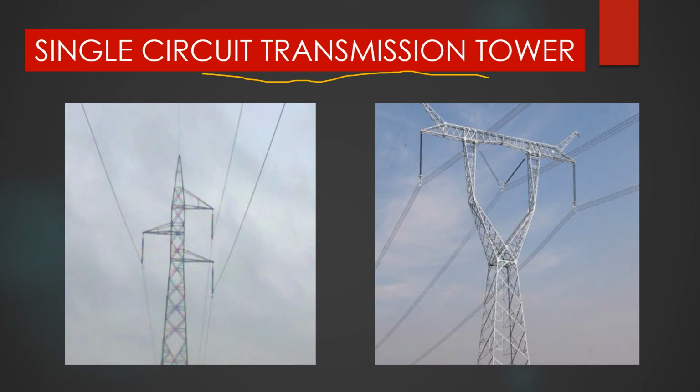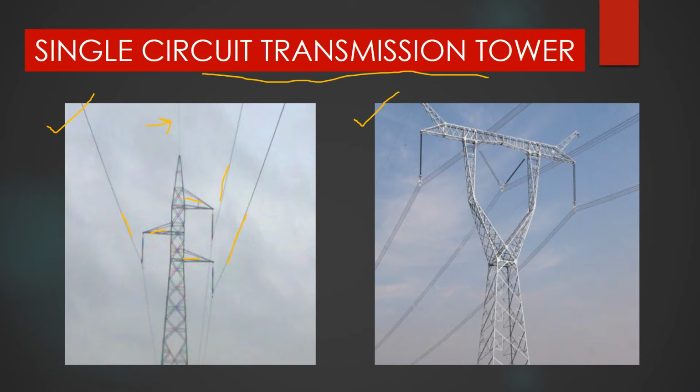Single circuit transmission tower. For identifying the single circuit transmission tower, you need to carefully look at the transmission towers which are supplying the power. Here in the first figure, as you can see, this transmission tower is having 3 clamps, 1, 2 and 3. Each one of them is carrying a conductor wire. These 3 conductor wires are actually the 3 phases of the transmission line. On the top or the peak of the transmission tower, you will be able to see the earth wire.